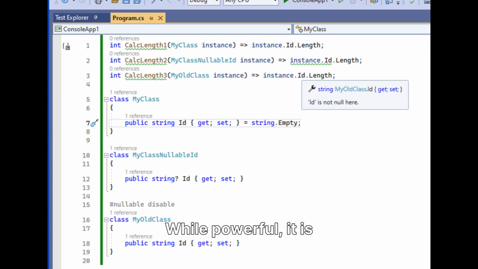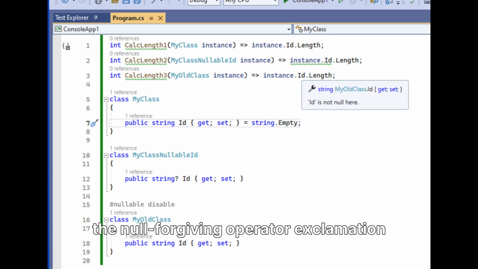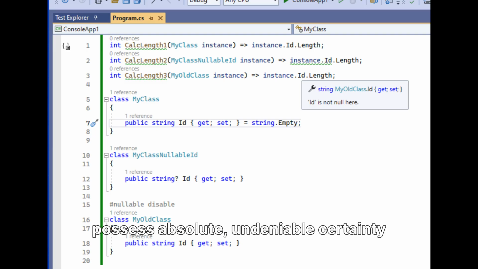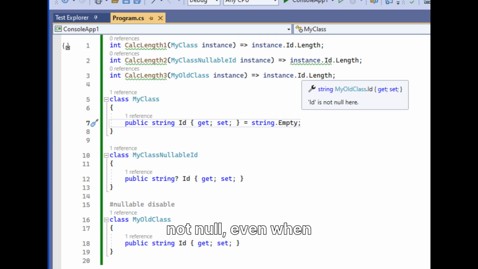While powerful, it is essential to avoid overusing the null-forgiving operator (exclamation mark). This operator should be reserved exclusively for those rare situations where you possess absolute, undeniable certainty that a value is not null, even when the compiler's analysis cannot confirm it. If there is any doubt whatsoever about a value's nullability, it is always safer and more robust to employ explicit null checks, the null conditional operator, or other null handling mechanisms to maintain the compiler's safety guarantees and